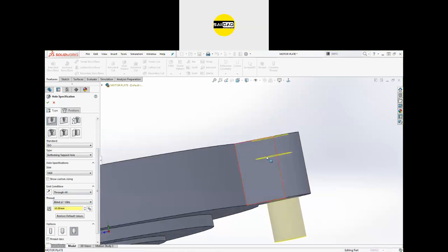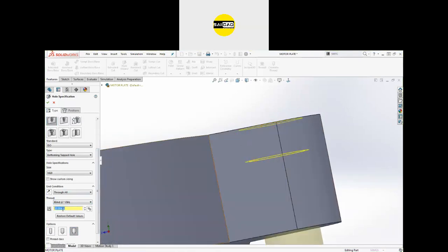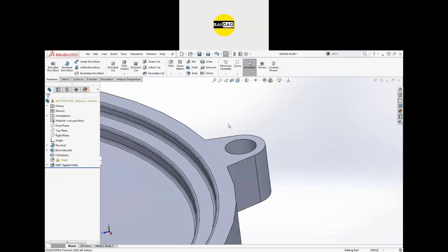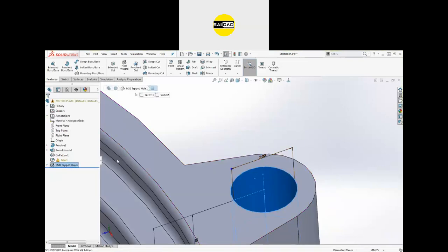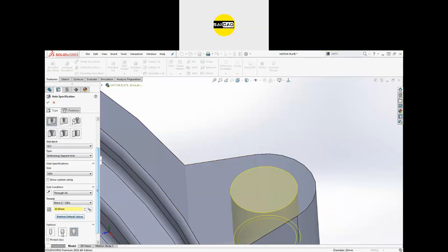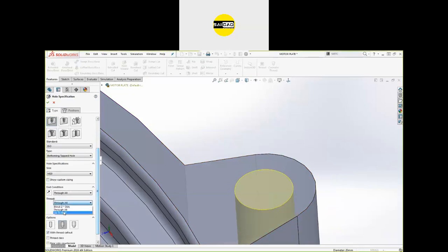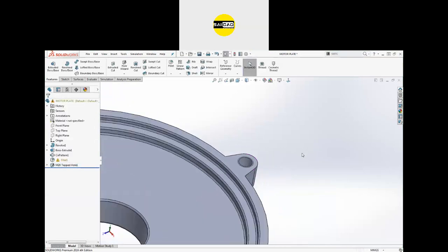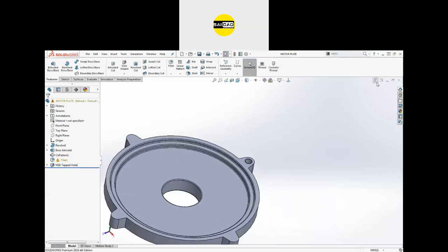Okay, you can see that we have the thread up to here. I just want to make that a little bigger. So we have a hole here that is of thread type, and I will just change the representation to this one, M20. So we have a hole here. So just save that and